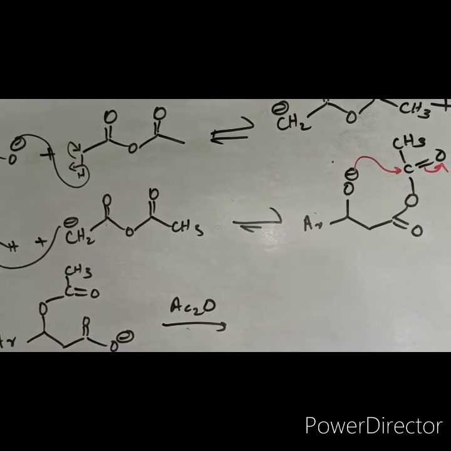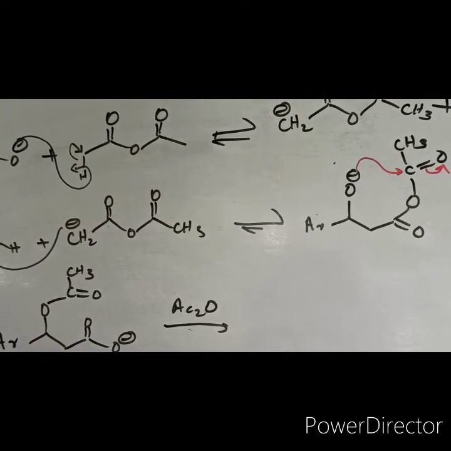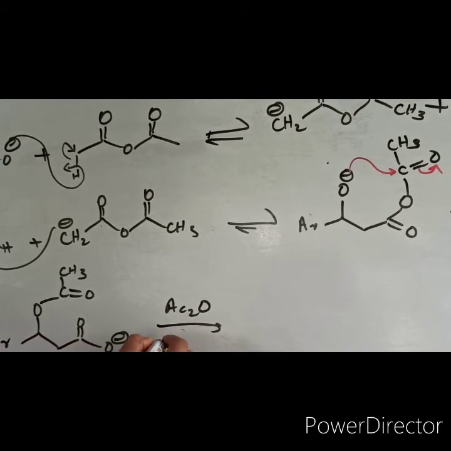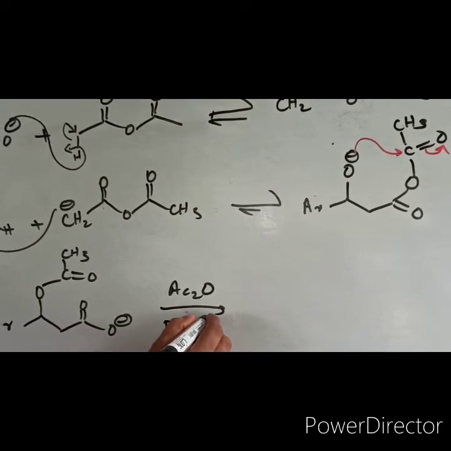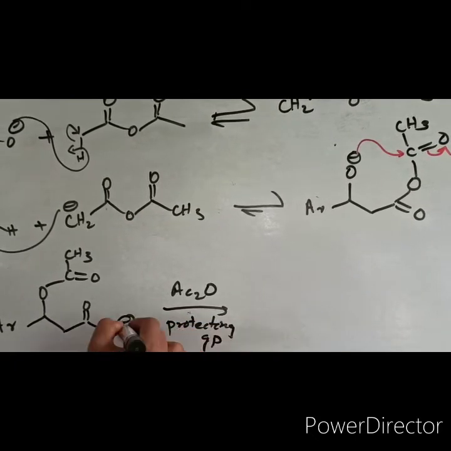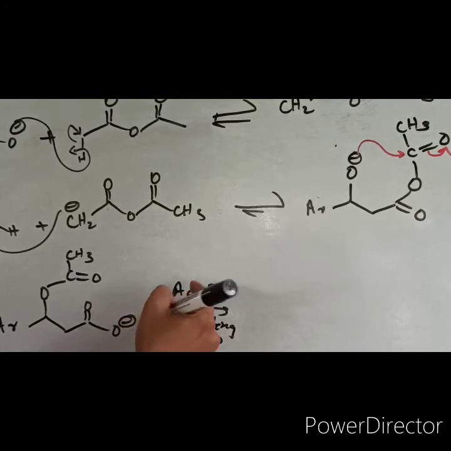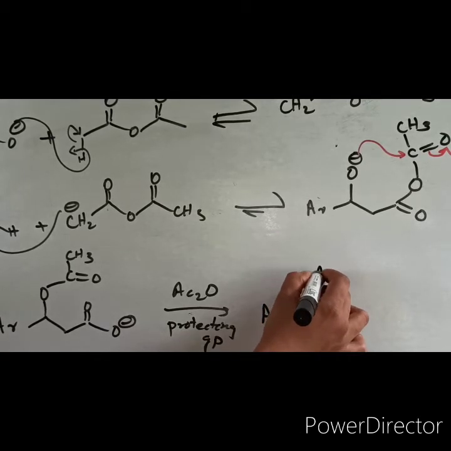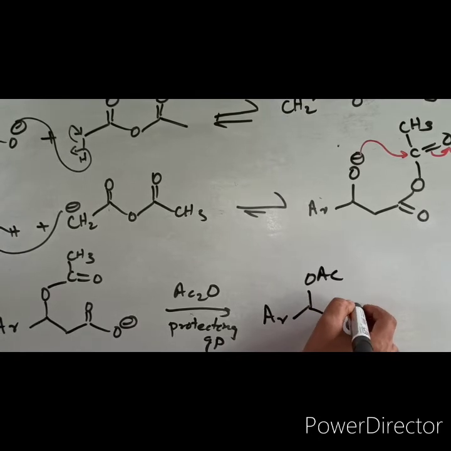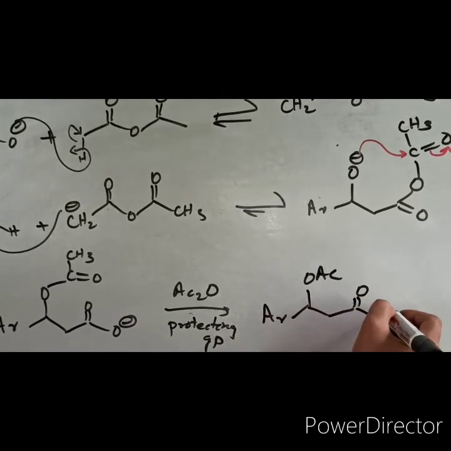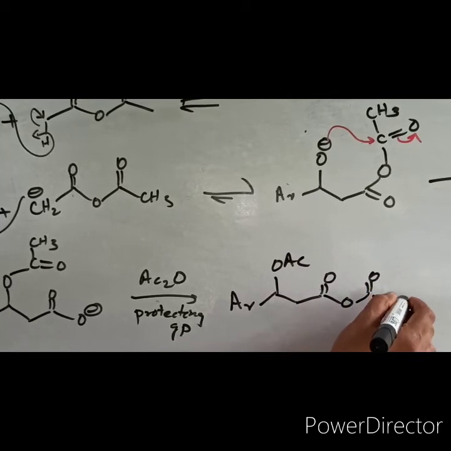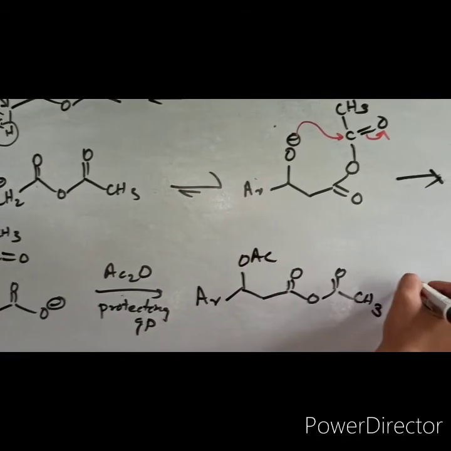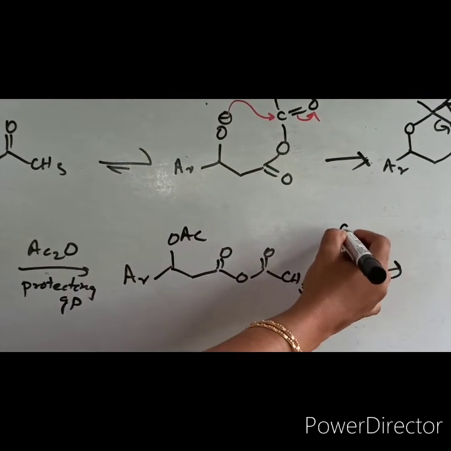So here you will be getting this, the acetic anhydride acting as a protecting group. So this oxygen will be protected by this acetic anhydride. So you will be getting Ar. Let me write this like OAc. This is C double bond O, again C double bond O, CH3 will be coming. Now again the remaining portion will be there, carboxylate anion like that.